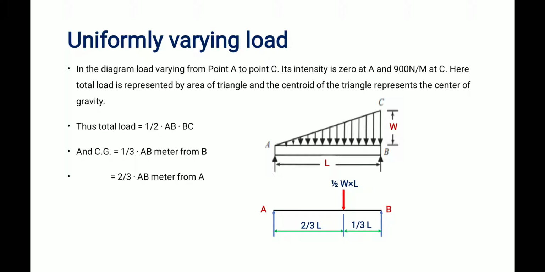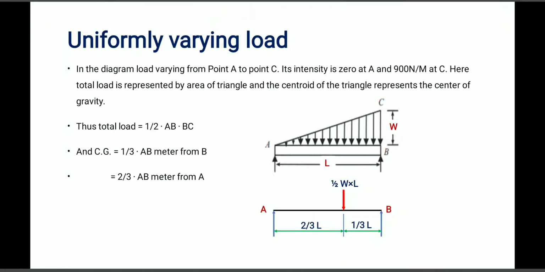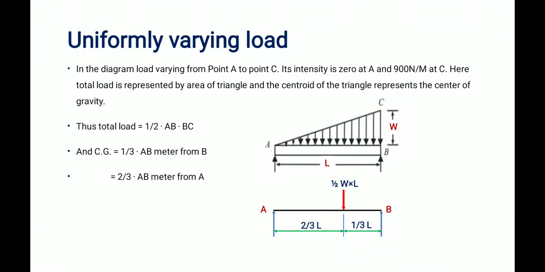Uniformly varying load. Here the load value is uniformly varying from 0, so at one end, see this diagram, at the end A there is no load, at the end B maximum load. So from minimum to maximum a linear relationship will be there, uniformly the value is increasing. This type of loading is known as uniformly varying load, otherwise we can say it as triangular loading. So at one end it is 0, goes on increasing, at another end it is maximum. So linear relationship. That's a triangular load or uniformly varying load.